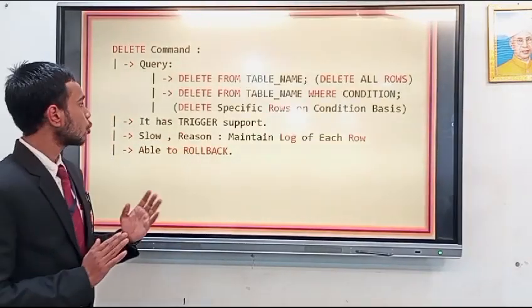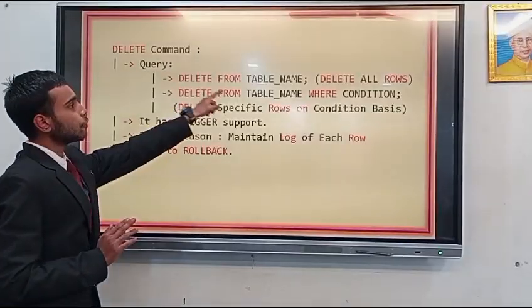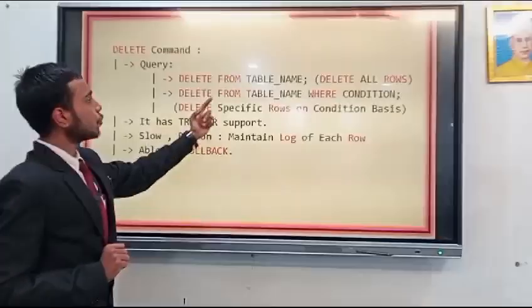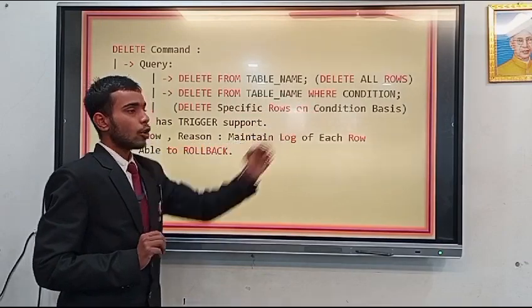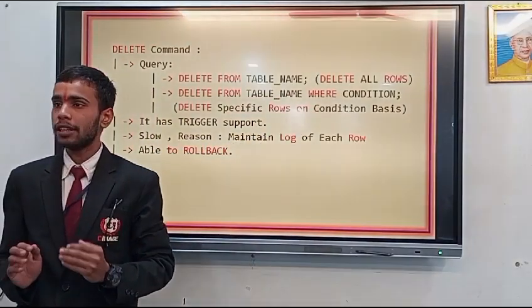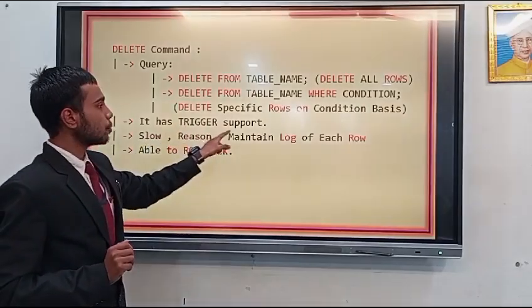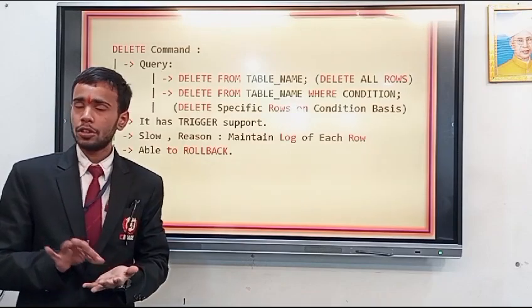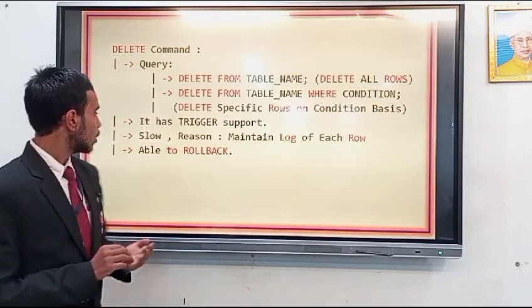The delete command. The query is of two types. The delete from table name, it is going to delete all the rows from the table, and the delete from table name where condition. On the basis of condition being true, the selective rows from the table are going to be deleted. It has trigger support so that we can store that deleted record into another temporary table, and it